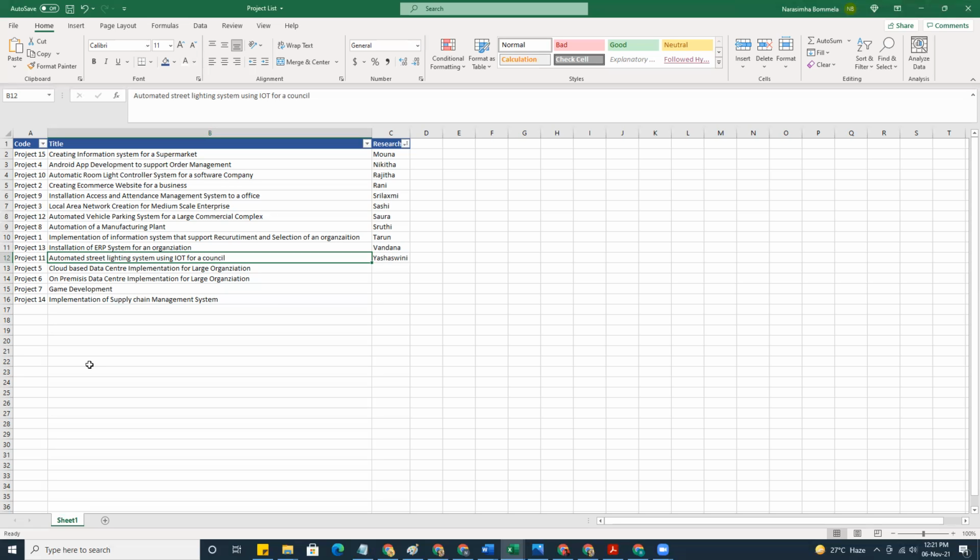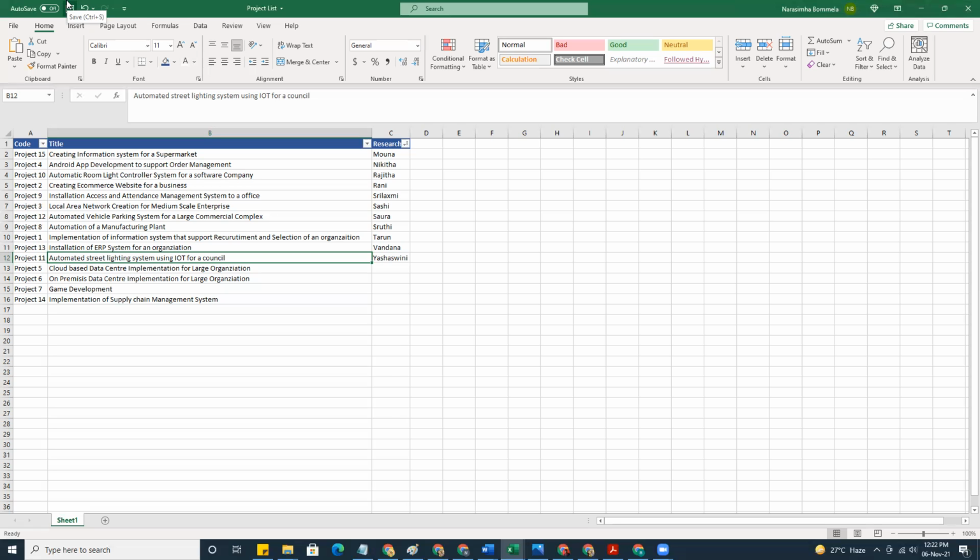Okay, and it also helps those people that are living in the society, because when the lighting is not properly maintained, it might result in sometimes criminal activities, it might result in accidents and other incidents. So make sure that you understand the concept and you start discussing. You select a council, and it can be a fictitious one. You just describe the need, why the particular council needs that automated street lighting system, and try to explain the scope of the work.